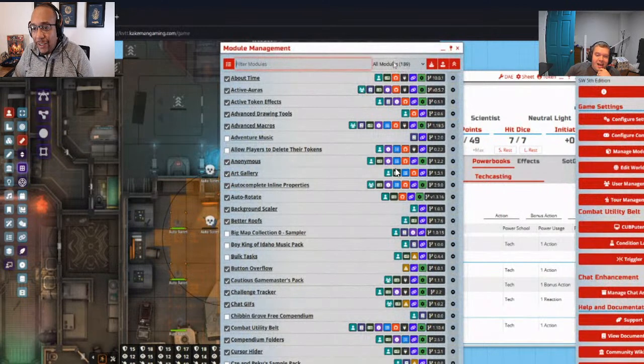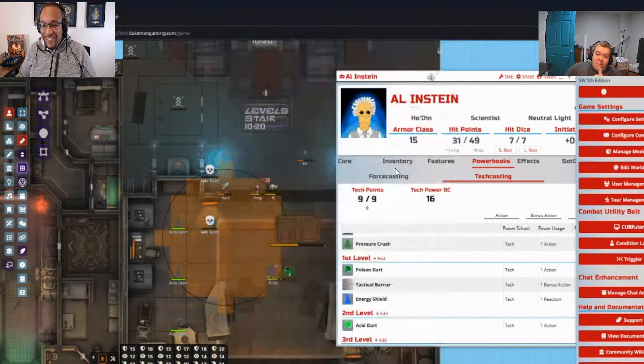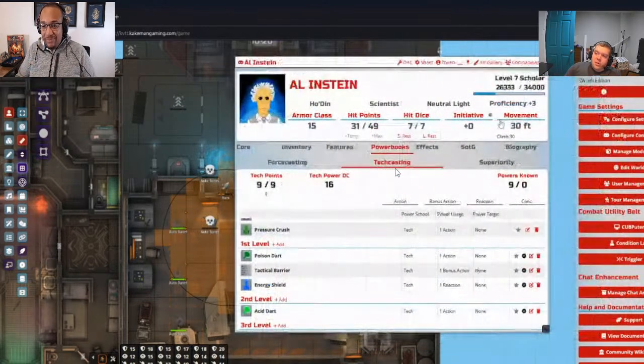Is that 189? So I just want to preface this by saying I run 189 modules on any given world. Now that does mean that some of them conflict with each other, so you've got to be careful when you use them. But they all have a lot of good features that you can just implement. And since we are an offshoot of D&D 5e, we try to keep our system's core the same as theirs. That way, when a module comes out or updates, we're in line with it, and it can be used. There are a few that we've had to